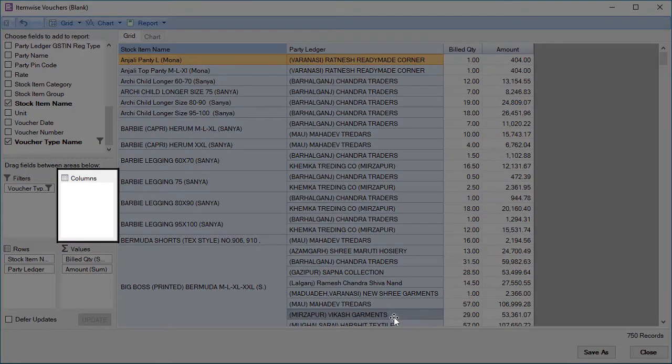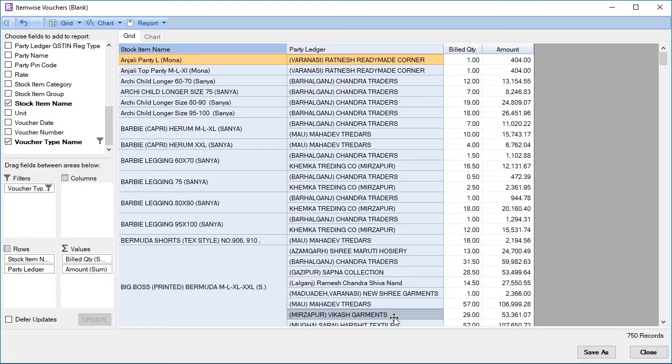Columns area. Pivot report can expand vertically as well as horizontally. You can put those fields in columns area for whose each unique value will be shown in separate columns. This is used to create the columnar reports.